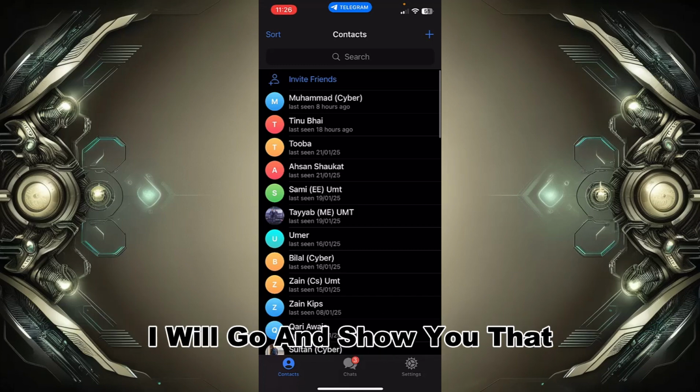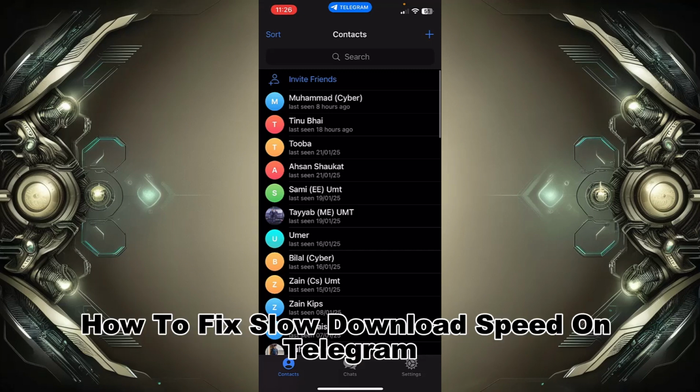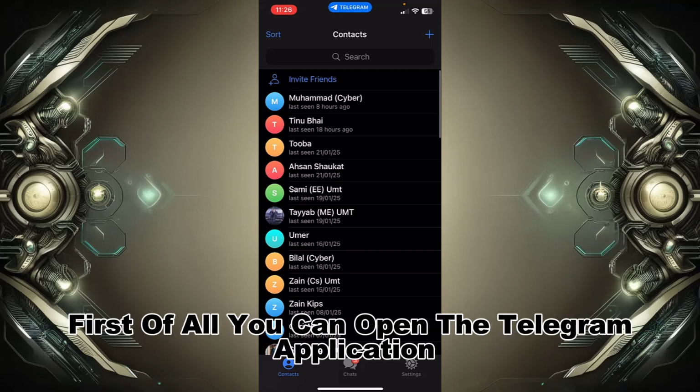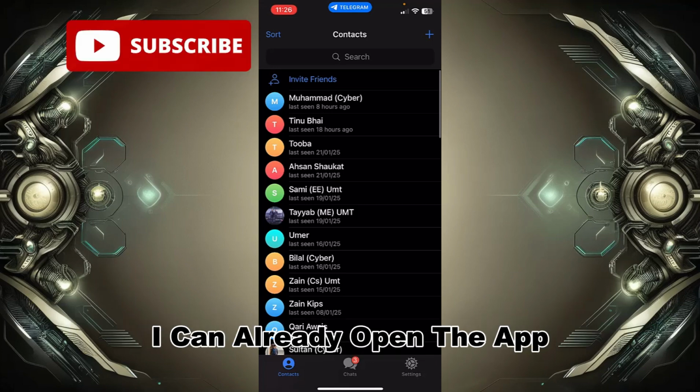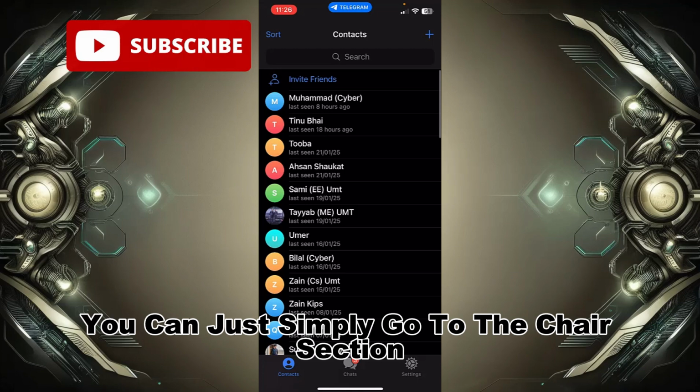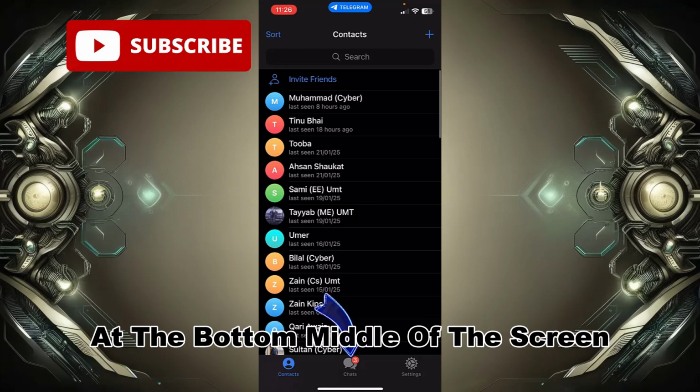In this video, I am going to show you how to fix slow download speed on Telegram. First of all, you can open the Telegram application. I have already opened the app. After opening the app, you can simply go to the chat section at the bottom middle of the screen,